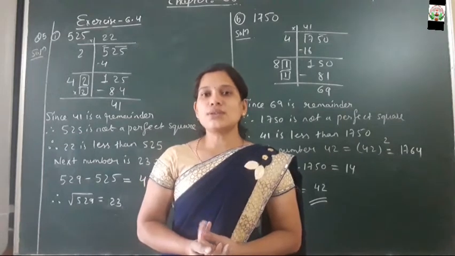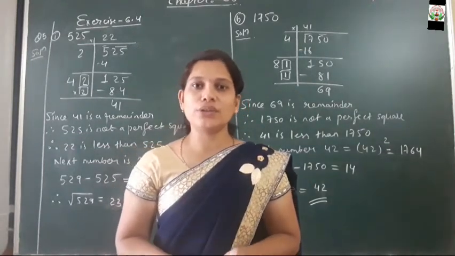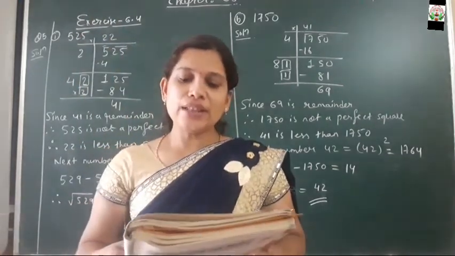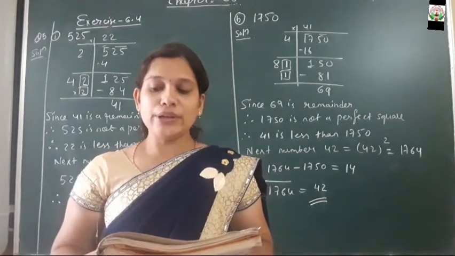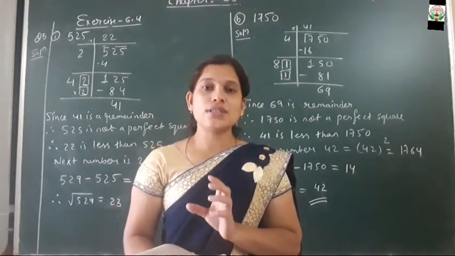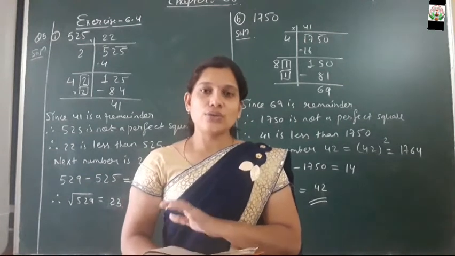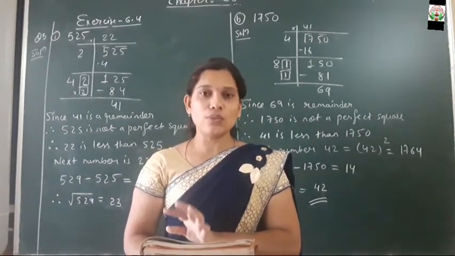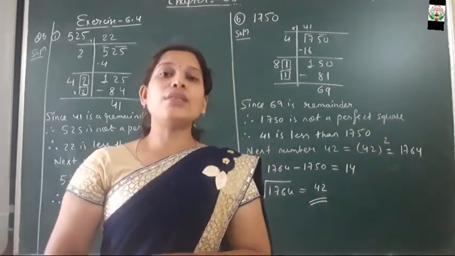Now moving towards question number 6. In question number 6, you have to find it by the long division method. It's a very simple question. Here the question is: find the length of the sides of a square whose area is 441 meter square. So dear student, here the square's area is given. The formula for the area of a square is side into side. So 441 meter square is the area of the square, and you have to find the length of the side.